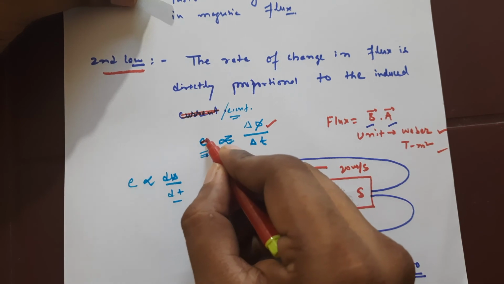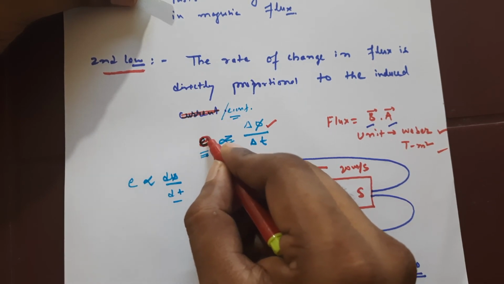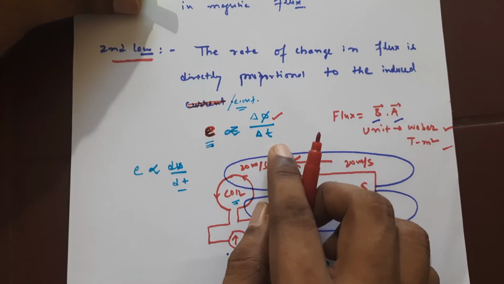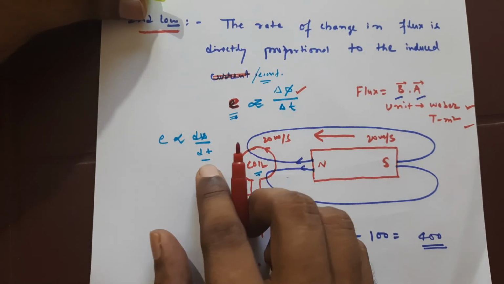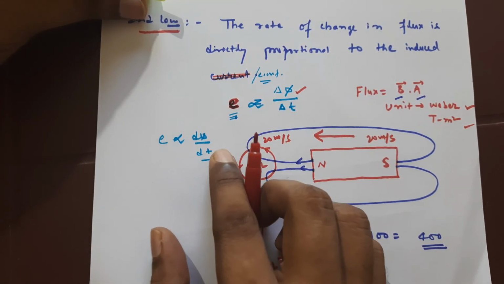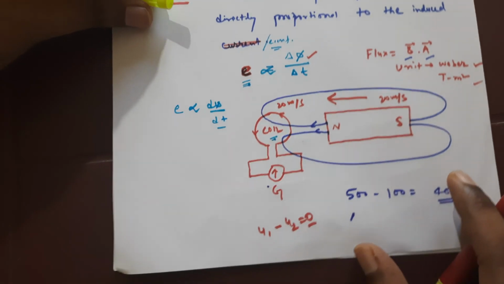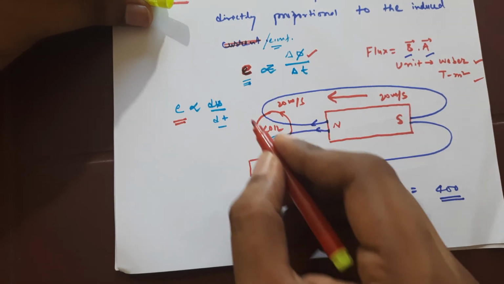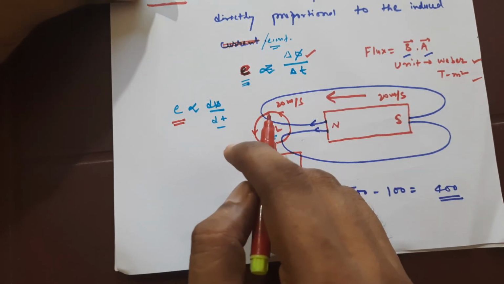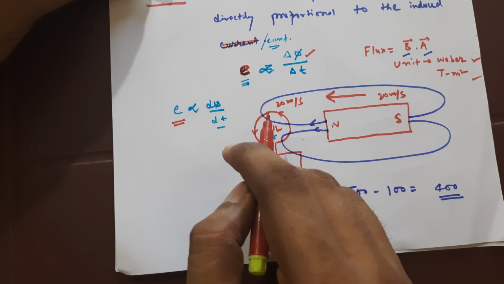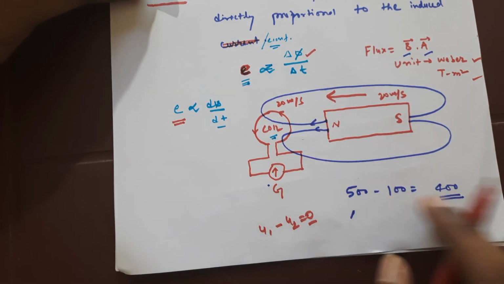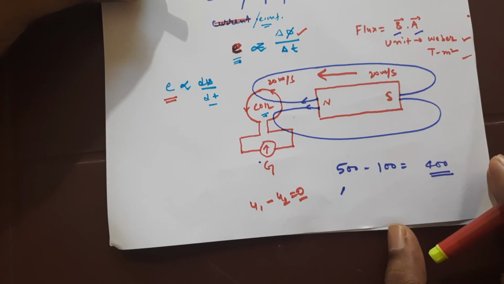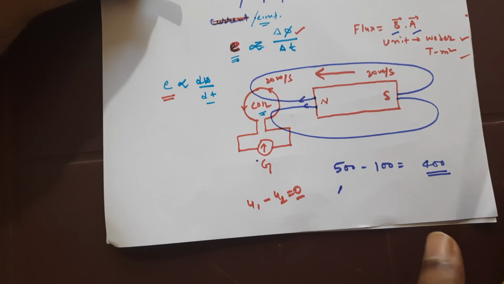And here let us suppose E be the magnitude of the EMF produced. So E must be proportional to del phi by del t. In calculus, it should be written as E proportional to d phi by dt. So now we are getting that induced EMF is proportional to d phi by dt. So this is the mathematical expression for the second law of EMI, that is Faraday's second law of EMI. So that's all the things, and there is one more law called Lenz law.